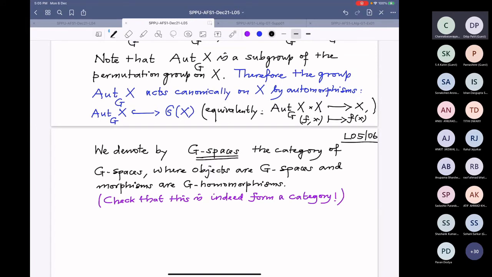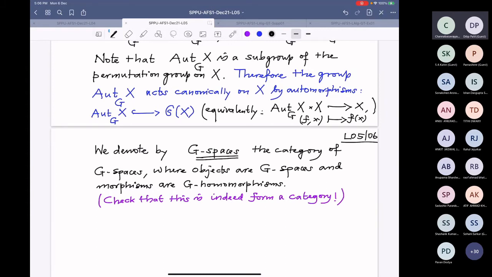Therefore, one says that it is acting by automorphisms. For example, the conjugation operation of G on G: G acts on G by inner automorphisms. That is the adjective one gets for that action. But the Cayley operation is not like that. The Cayley operation of G on G is not by automorphisms. It is by left translations, and left translations are not group homomorphisms. So that is it.